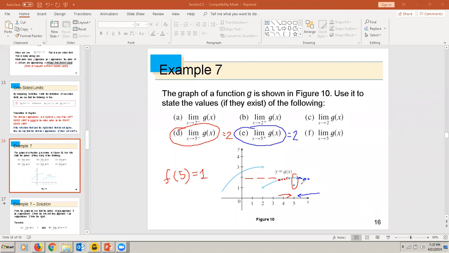And now the left-sided limit and the right-sided limit are equal to the same value, namely 2. So when it comes to this two-sided limit in part F, the answer is 2. Notice the left-sided and right-sided limits have to agree, or be equal to the same number, for the two-sided limit to exist. If the left-sided limit and right-sided limit do not agree, then the limit